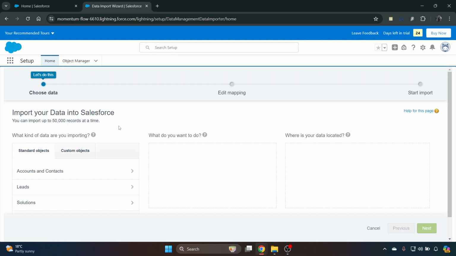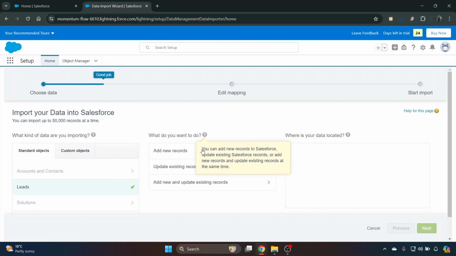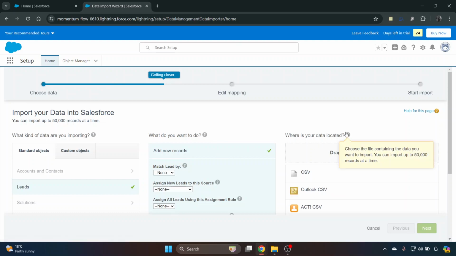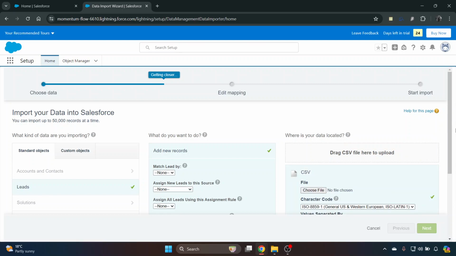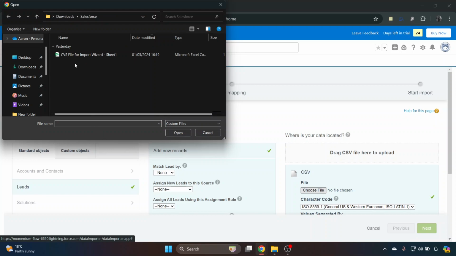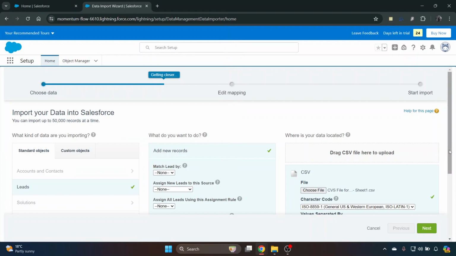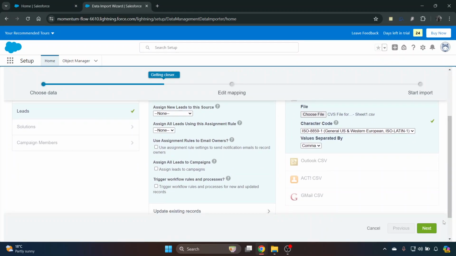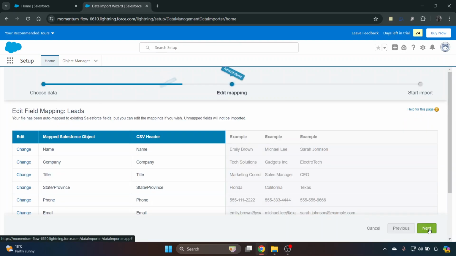Now I'm going to download leads here, but you can obviously search for whatever object that you want to actually put in, and I'm going to add it to be add new records. Now for this, I've got a CSV file already, so I'm going to click on CSV and then click choose file. And this is where I've got the CSV file that I've got. So once I've got that and click open, that's got everything. So all I do now in the bottom right hand corner is I click next, and that will start the